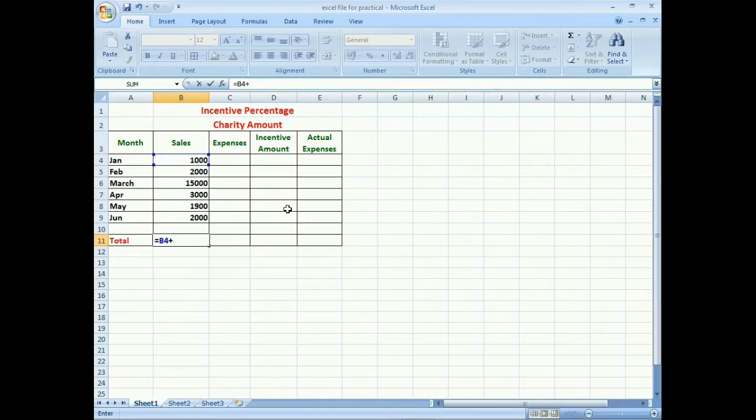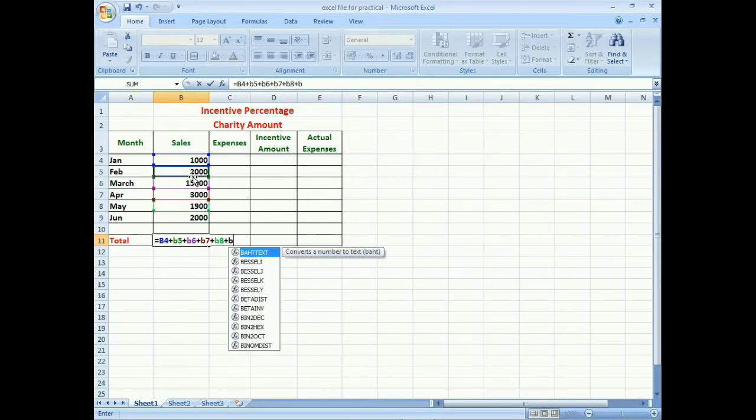The same process we can repeat until B9. The next is B5, so we use B5, then plus, B6, plus, B7, plus, B8, plus, and B9.